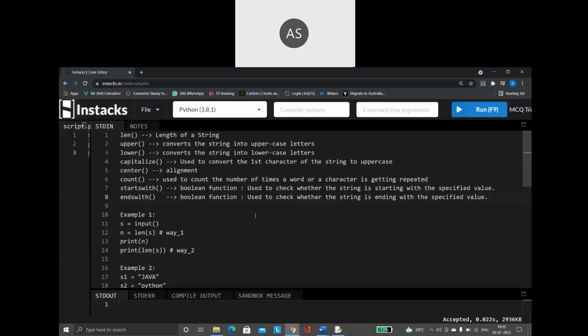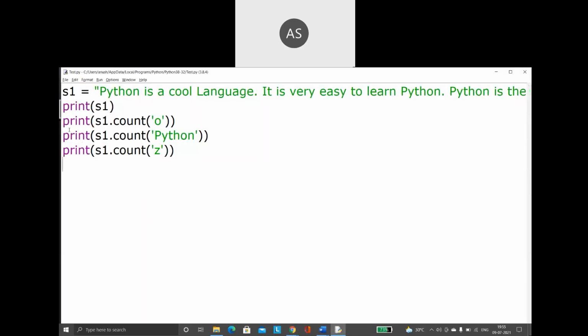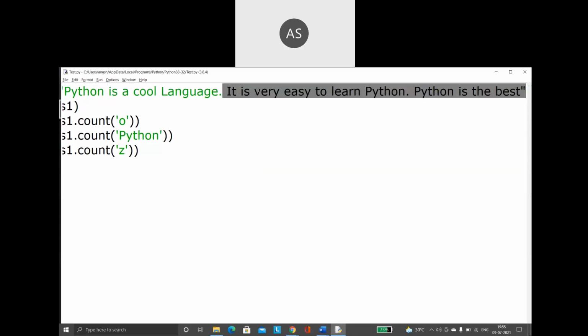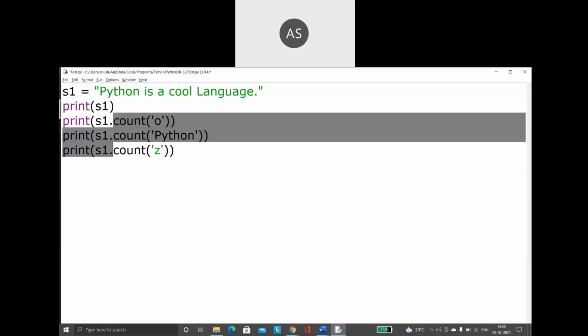Say for example. Okay, let us take a small example for that also. Let us keep a short string. So this is my string value: "Python is a cool language." Now, what am I doing? I'm using the function called startswith.